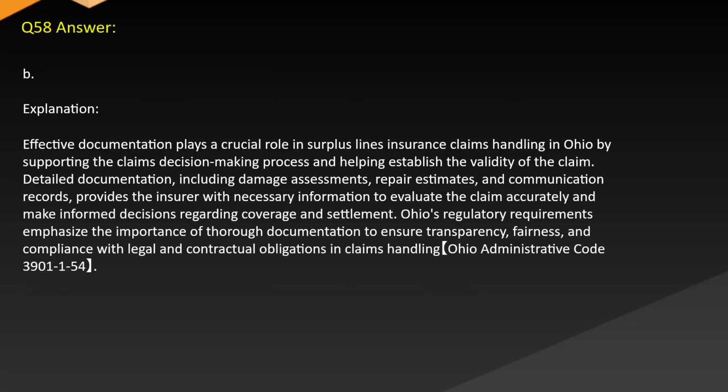Answer: B. Explanation. Effective documentation plays a crucial role in surplus lines insurance claims handling in Ohio by supporting the claims decision-making process and helping establish the validity of the claim. Detailed documentation, including damage assessments, repair estimates, and communication records, provides the insurer with necessary information to evaluate the claim accurately and make informed decisions regarding coverage and settlement. Ohio's regulatory requirements emphasize the importance of thorough documentation to ensure transparency, fairness, and compliance with legal and contractual obligations in claims handling. Ohio Administrative Code